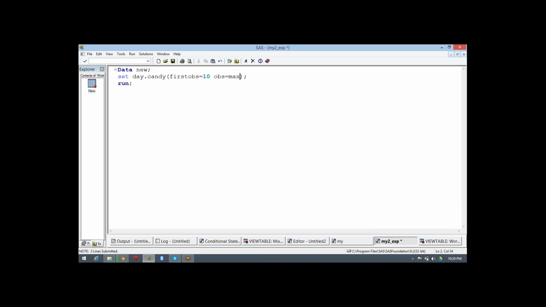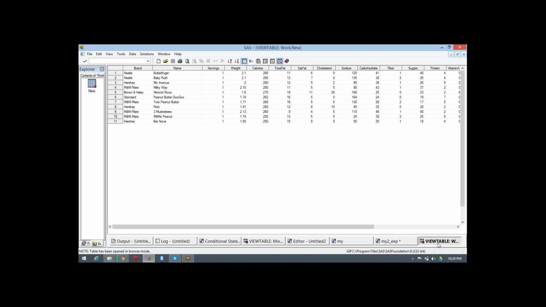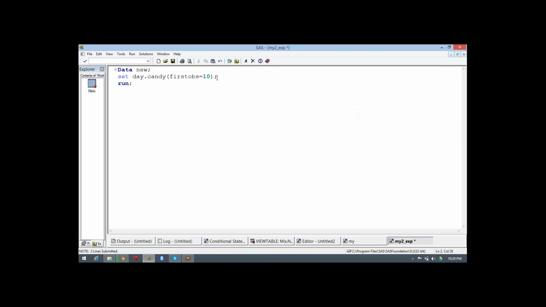If you're not including OBS equal to something and you just write FIRSTOBS equal to 10, it means my pointer is going to read from the 10th row up to the last one, because we are not giving an instruction to read up to a particular row. If nothing is there, it will take max by default.